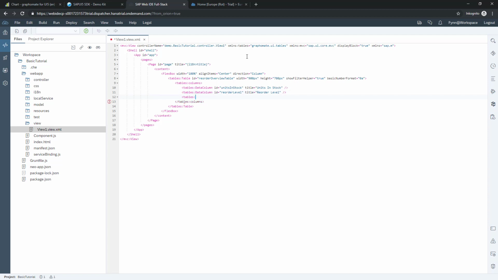The deviation column is meant to display the variance between both values, to give an overview of how many items are left until reorder should be commissioned. The only thing missing are row objects filled with data, which should be added to the rows aggregation. We will add them dynamically in the controller file, because the data structure provided by this OData service can't be bound directly to the rows aggregation due to multiple hierarchy levels.